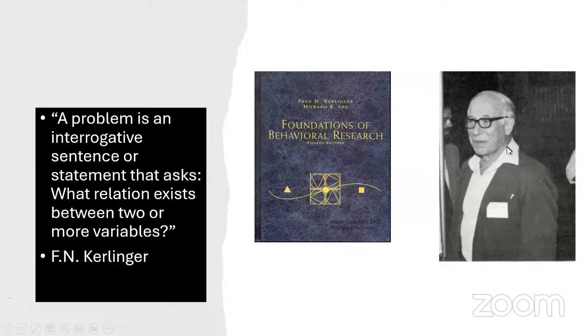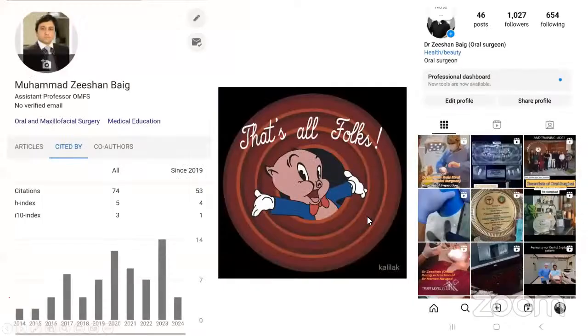ये एक बड़ी अच्छी स्टेटमेंट है इन साहब की, ये बड़े मशहूर हैं। A problem is an interrogative sentence or a statement that asks what relation exists between two or more variables. दो वेरिएबल्स का आपस में क्या रिश्ता है। बहुत अच्छी प्रॉब्लम और इंटेरोगेटिव वो होता है जो उनके रिलेशनशिप्स को एड्रेस करे।